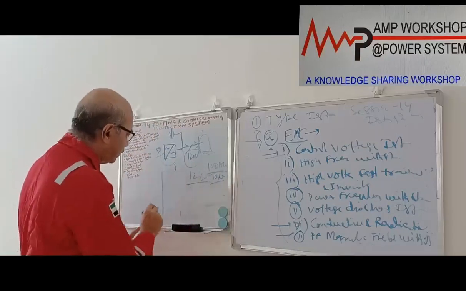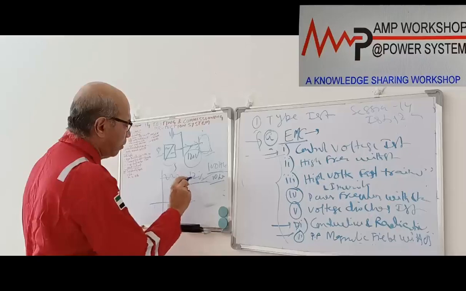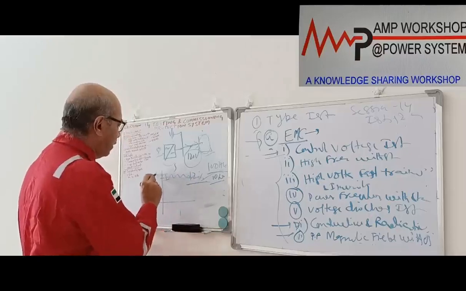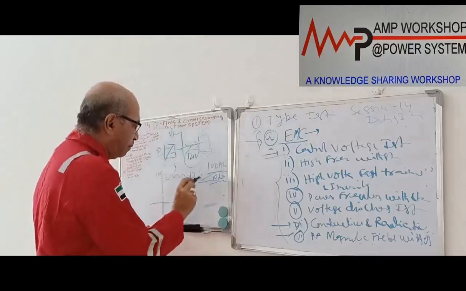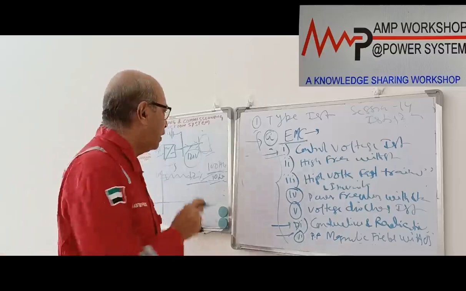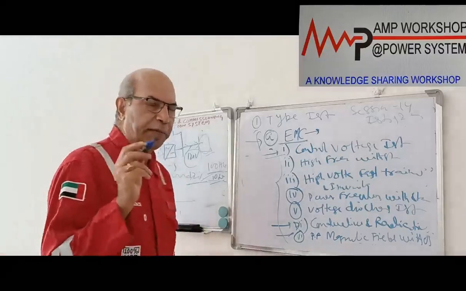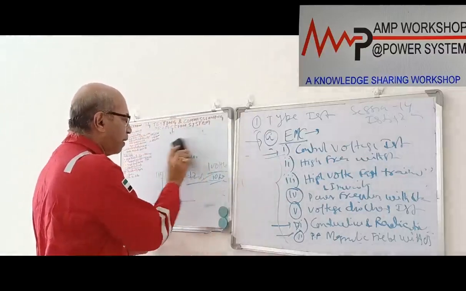How is that? Suppose this is a supply, this is the ripple coming over here. This is a 12% peak to peak ripple. We inject for 10 seconds with this control supply, and if this ripple is present in the control supply, the relay should not operate. In this way, we check the relay stability under the ripple voltage. That is one part. Second part, we do this ramp down, ramp up voltage.